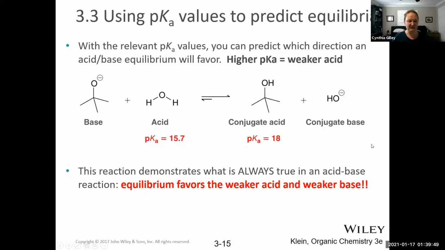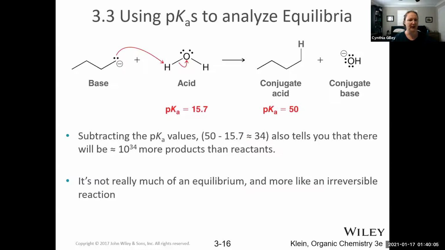And so I just wanted to make sure that we review that topic. And we know then that the difference of 16 and 18 is 2 pKa units, which means there are 10 to the 2, or 100, more products than reactants in the reaction mixture. Okay, this actually shows the mechanism, right, which is the curved arrows that show the flow of electrons to form